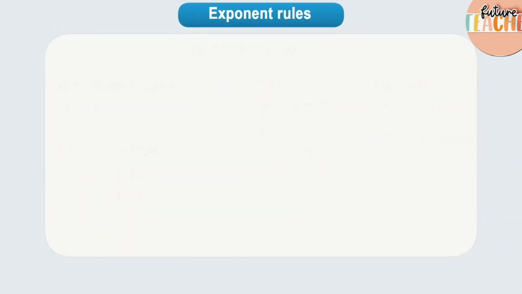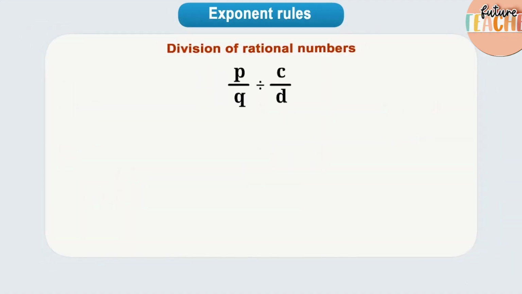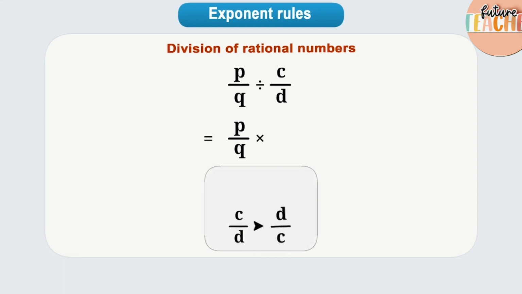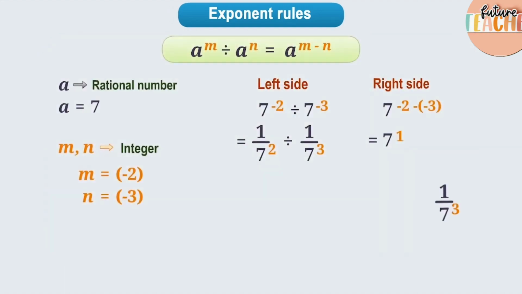Let's find out. Do you remember that when we divide rational numbers, we keep the first number as it is, then replace the division symbol with the sign of multiplication and take the reciprocal of the second number. Here, the inverse of 1 upon 7 to the power 3 will be 7 to the power 3. This gives us 7 to the power minus 2 divided by 7 to the power minus 3 is equal to